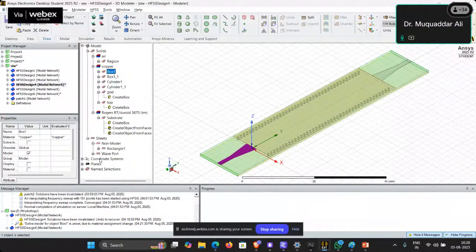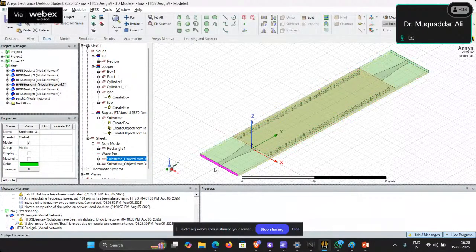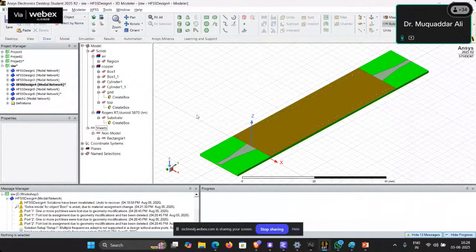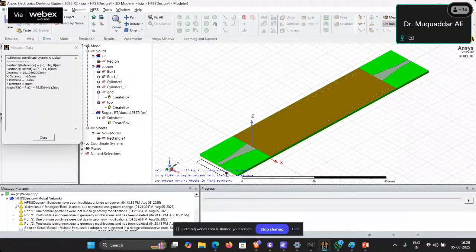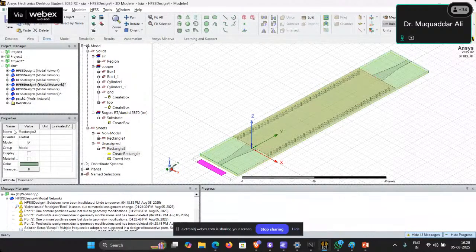Now what we need to do, we need to change the position of the wave ports. Earlier the wave ports were full here. So now we have created this from the surface of the substrate. So we delete this one. Now create a sheet, and from its properties,